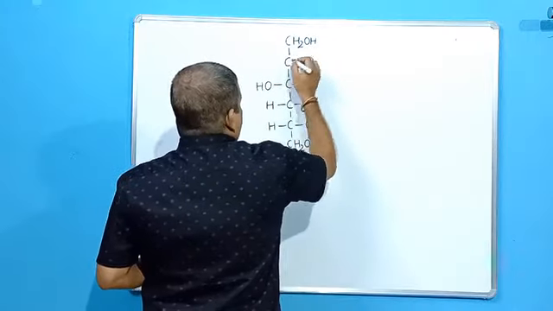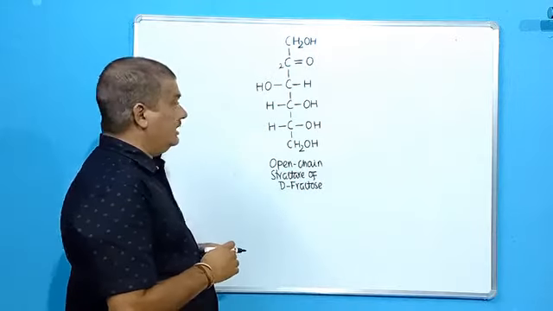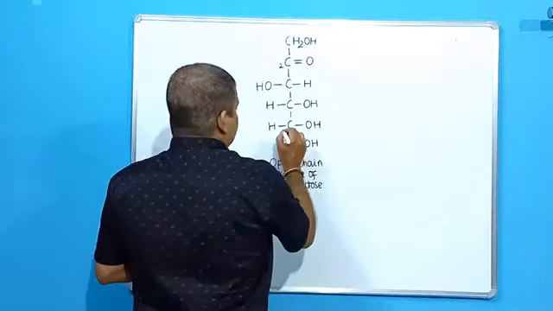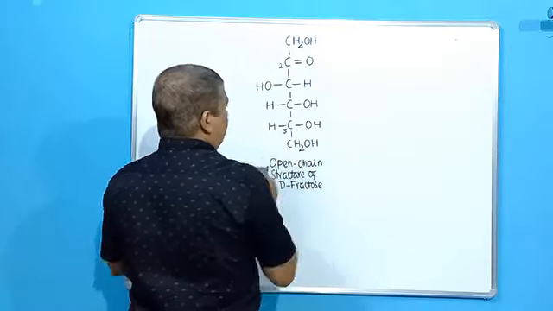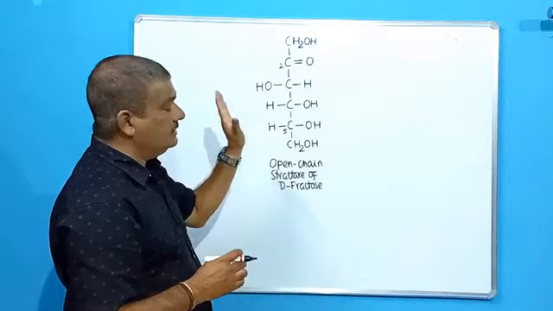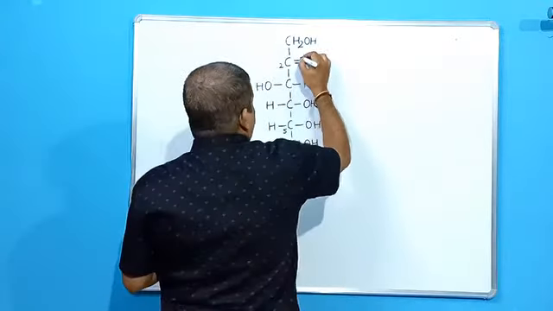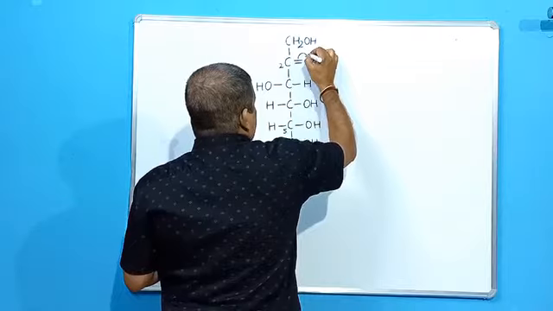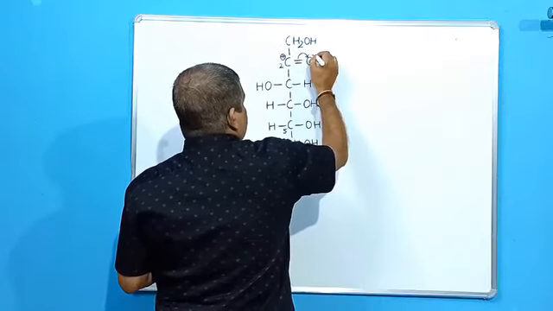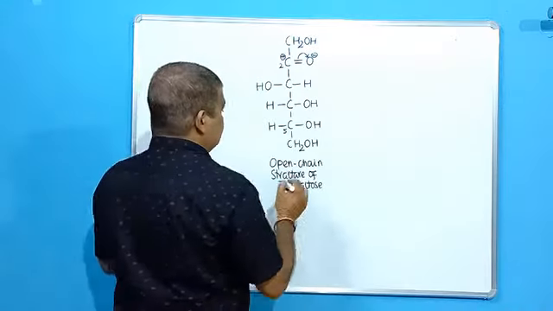Similar to the last one, at the second carbon atom the rearrangement takes place because it forms a hemiketal group with the fifth carbon atom. So there is an interaction between the second and fifth carbon atoms. The remaining carbons remain unaltered. Here the electrons are shifted to the oxygen atom. Now the carbon gets a positive charge and oxygen gets a negative charge, like it was in the last case.